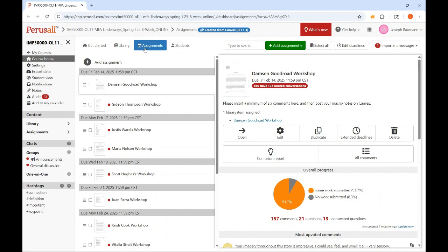And at its most basic, Perusall is an annotating tool. It plugs right into Canvas. In the second video in this series, you will learn how to plug it into Canvas. It is completely free, at least at the time of this recording, but it is something that you can utilize